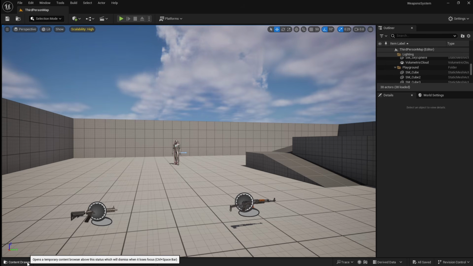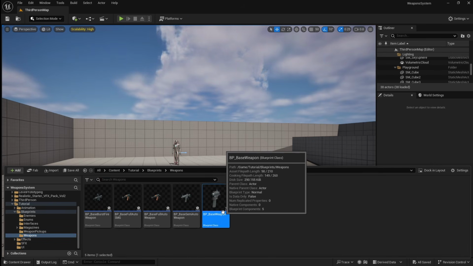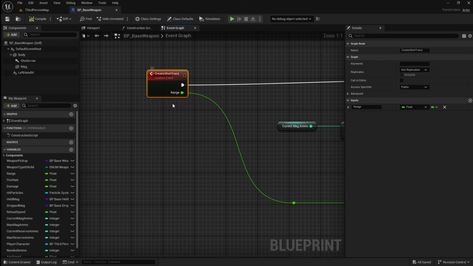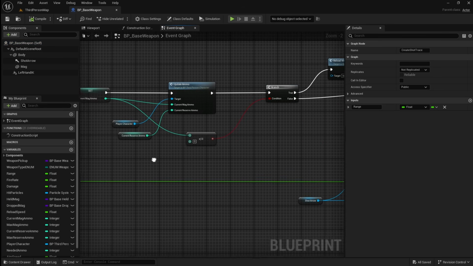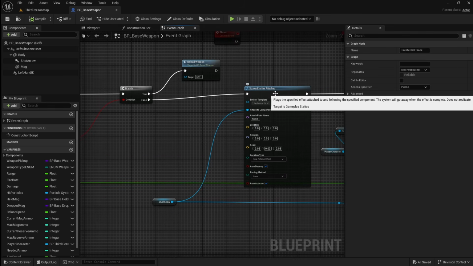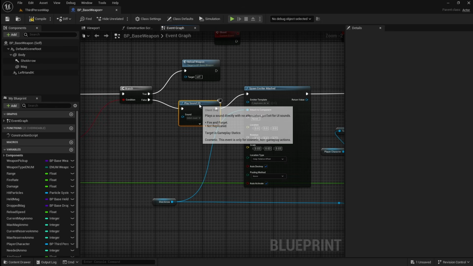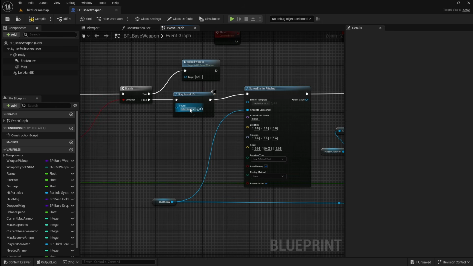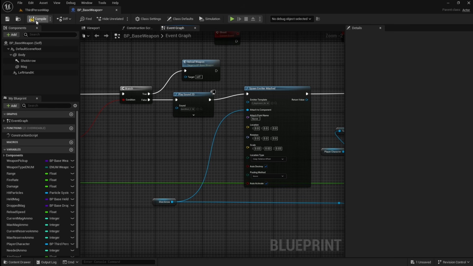To do this, go to the content browser and open up your base weapon blueprint. In here, you want to come over to your create shot trace event. Then you want to come over to just after our ammo logic. Just before where we're spawning our muzzle flash, drag off the false pin and search for a play 2D sound. If we now go to the drop down and select one of our gunshot sound effects, then compile and save,